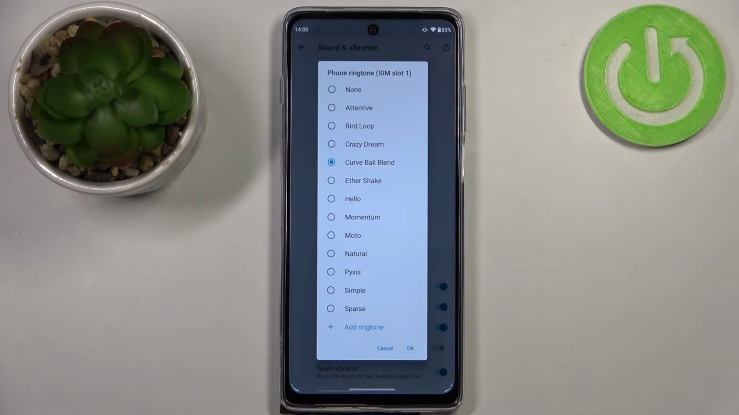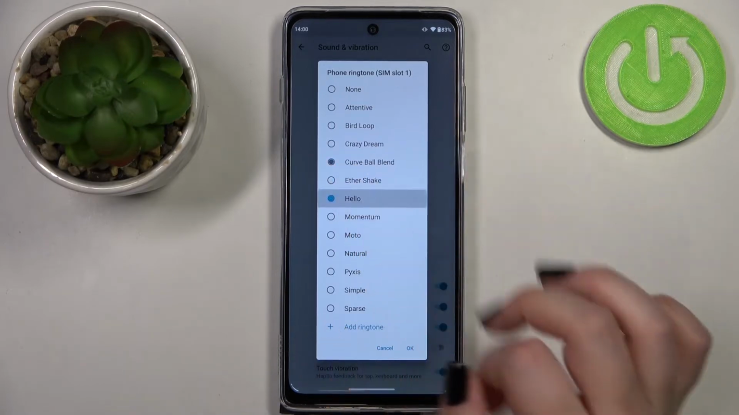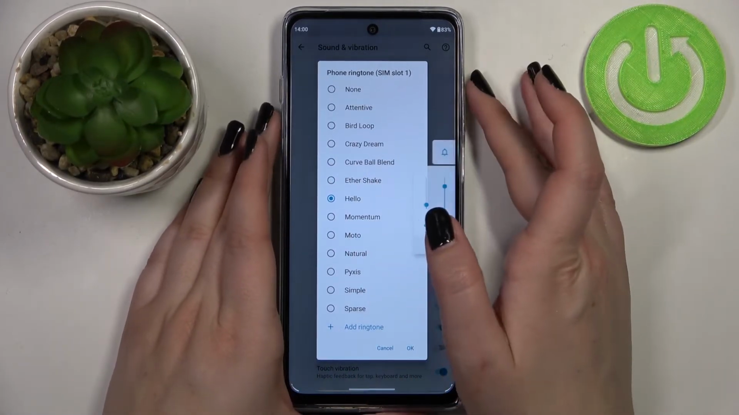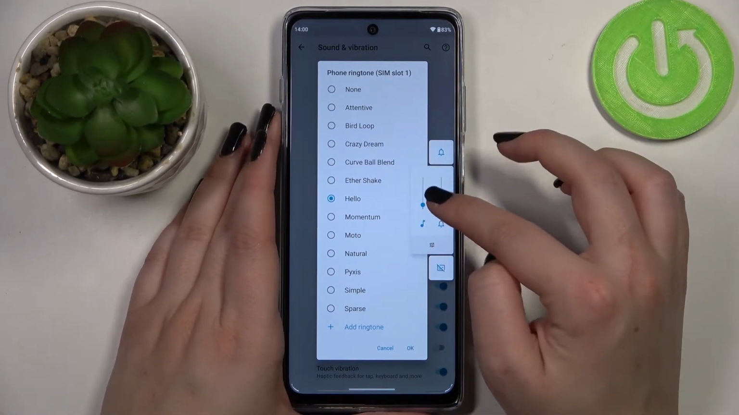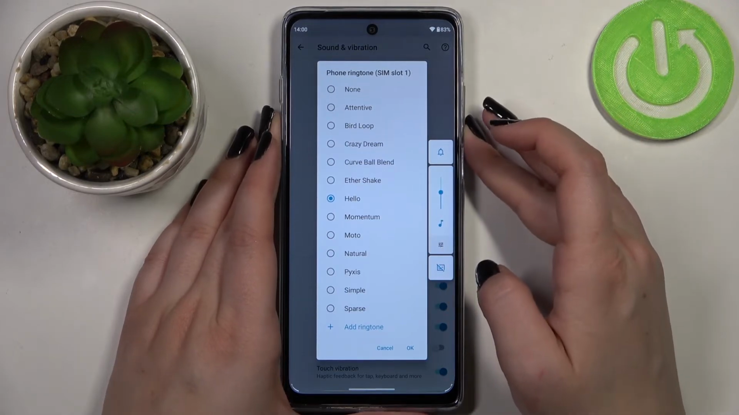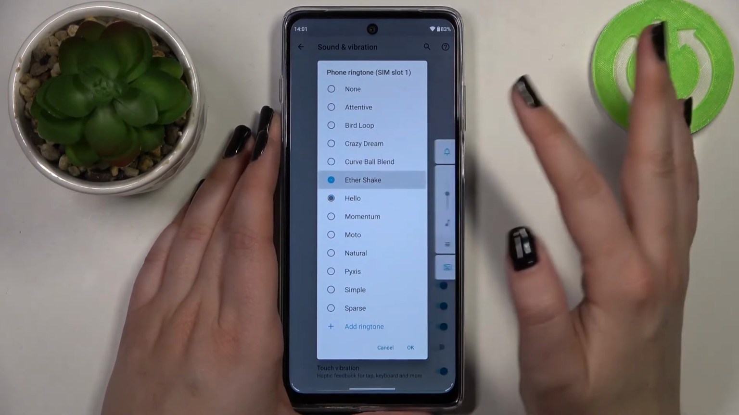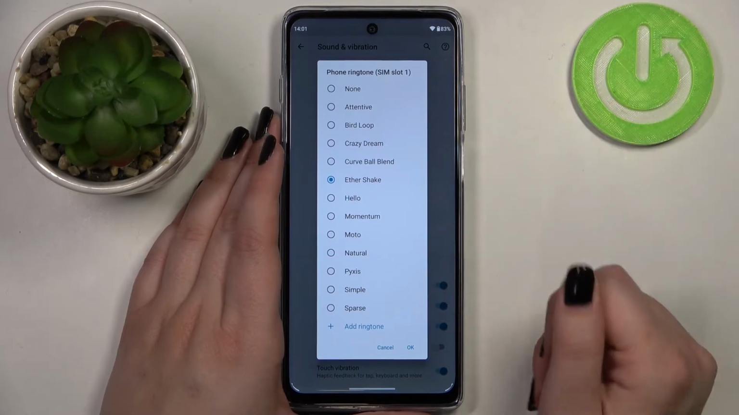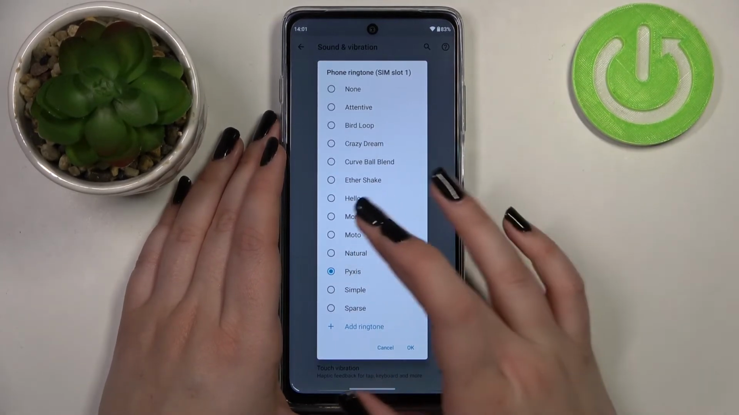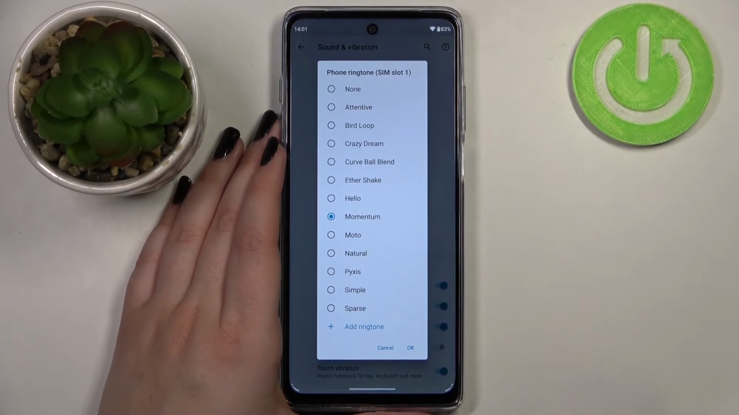But let me pick something from those options, and in order to listen how the particular ringtone sounds, simply tap on it. And I've got the sound turned off. Okay, so this is how to check how they sound. And if you're happy with your choice, for example if you'd like to set this one or any other,